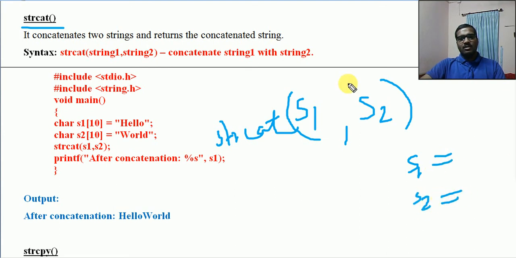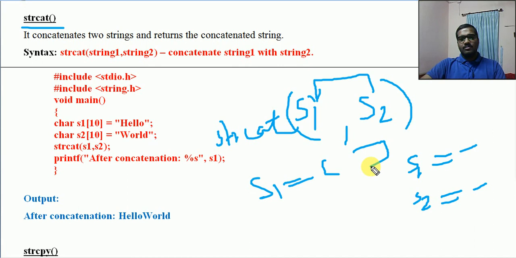The s2 string will be joined with s1. s1 is not moving towards s2. s2 will be combined with s1. Now the s1 string variable will be having the two strings combined together. That is called string concatenation.